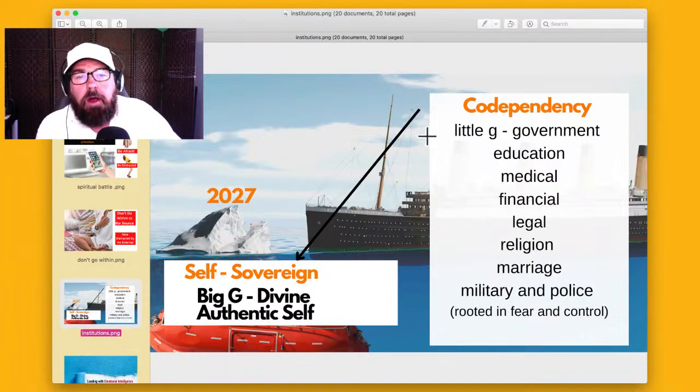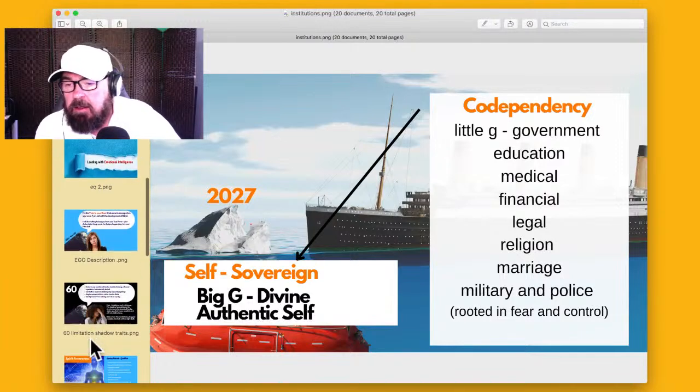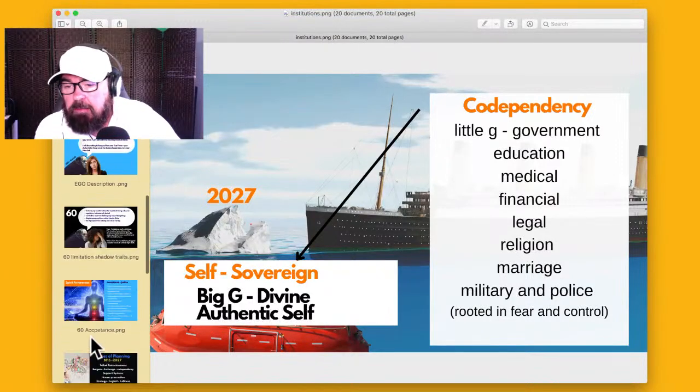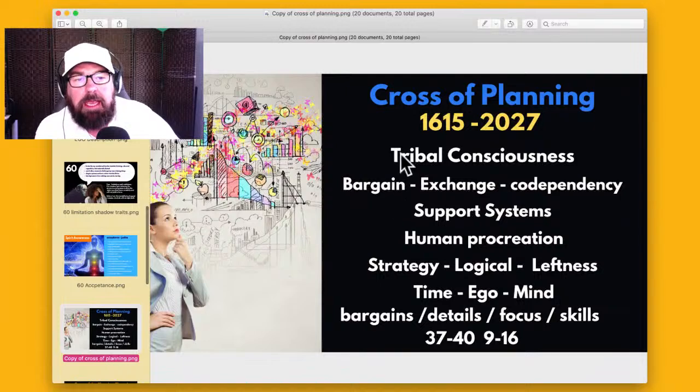So we've got to jump off that Titanic and become self-sovereign. We've got to choose big G. We can't choose little g to save us, or something outside of us to save ourselves. We have to go inside to our authentic self, which is connected to the divine, right? Big G.